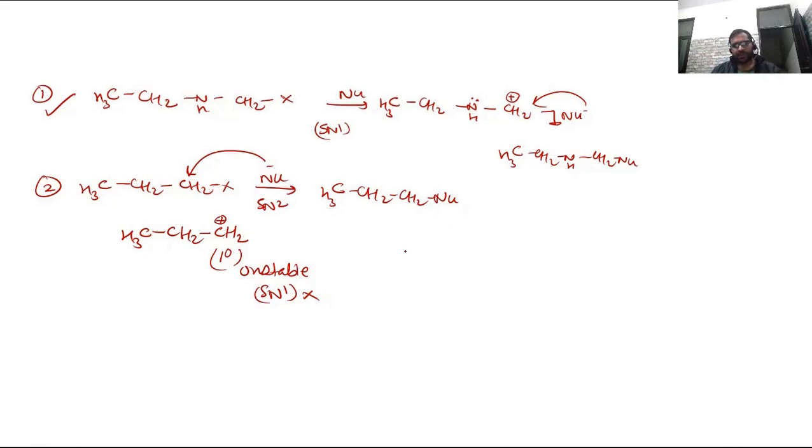So there are some more important factors that we have to learn in the next video, and these factors are the solvent effect on the rate of SN1 and SN2 mechanisms. And another important factor is the structural effect, that is how the structure of a compound affects the rate of SN1 and SN2 mechanisms. These two factors we will learn in the next session.